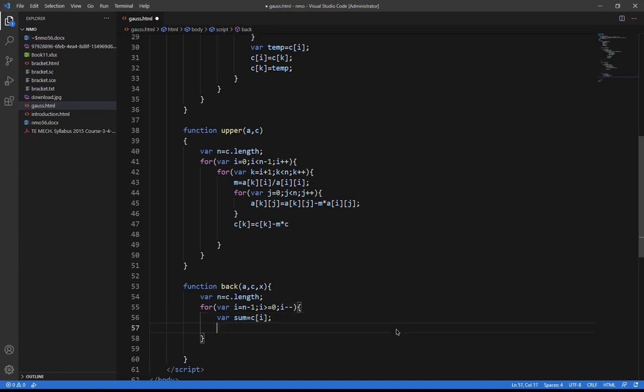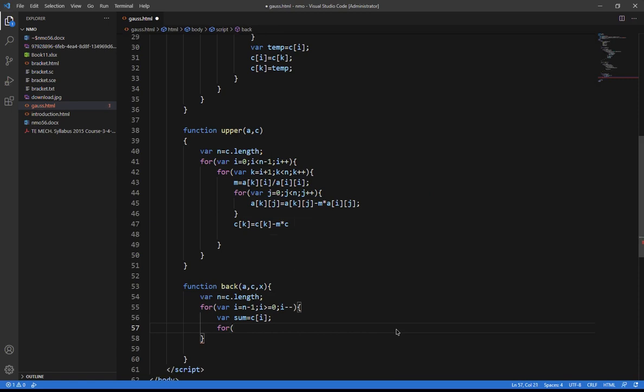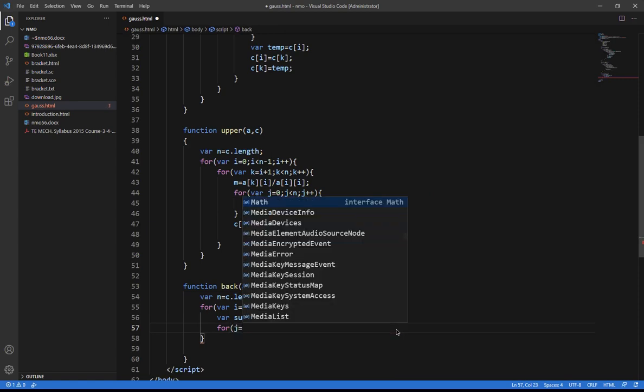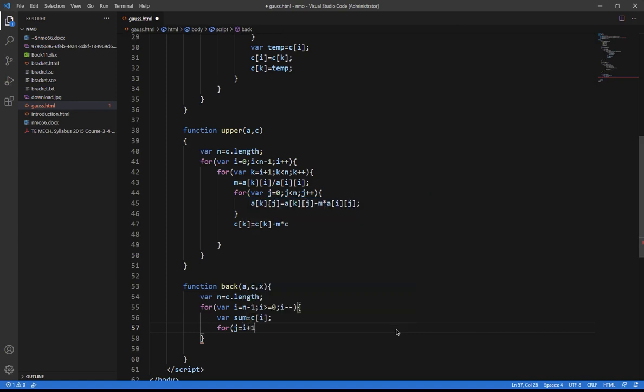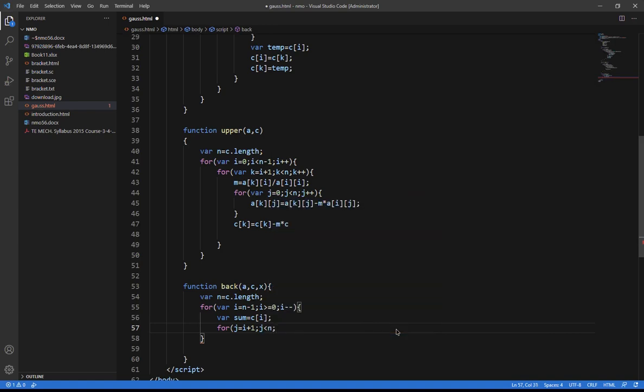So this is what I want. And then for j equal to, j will start from i plus 1. j should be less than n, so the column should not go beyond the number of equations, j plus plus.